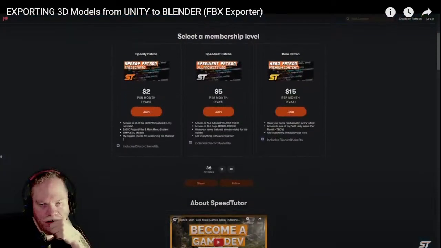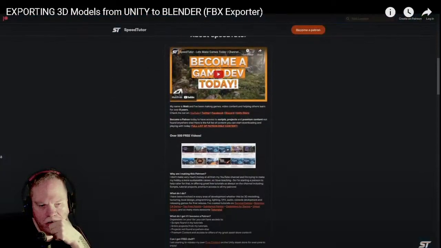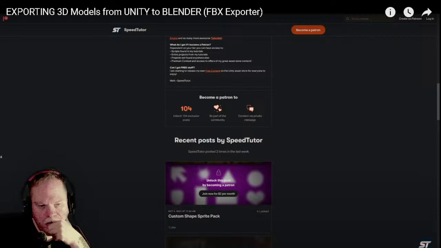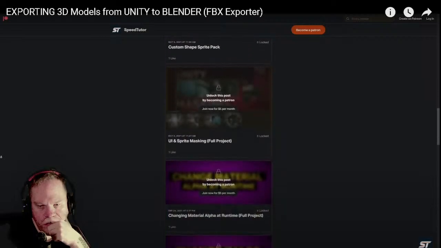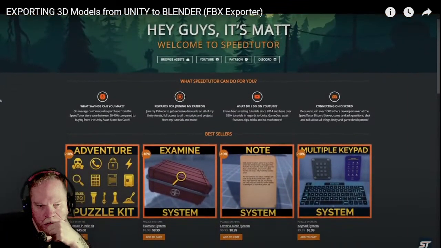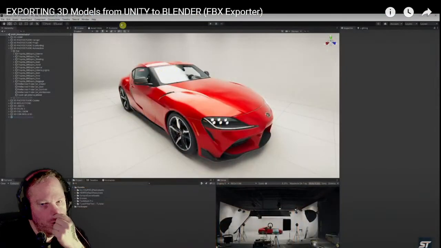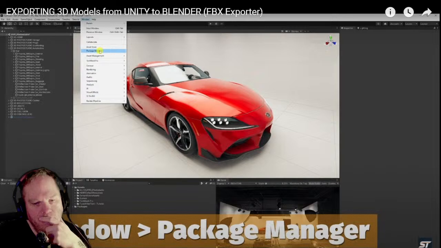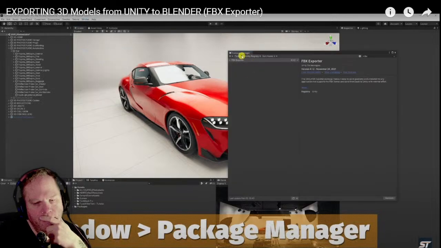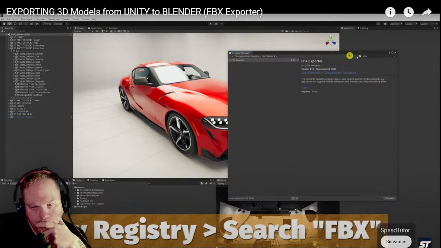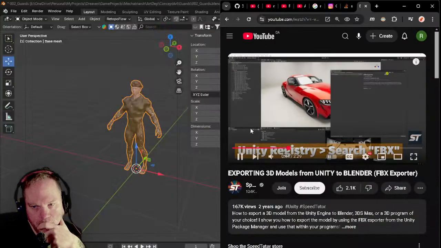So be sure to check out my Patreon to get access to over 120 different scripts, projects and assets you can't find anywhere else. And be sure to check out my great assets on the Unity store and my website for bonus discounts. So when you're in Unity and you have yourself a model, you can go to Window, Package Manager, and if you select by Unity Registry and search FBX in the corner, you will get